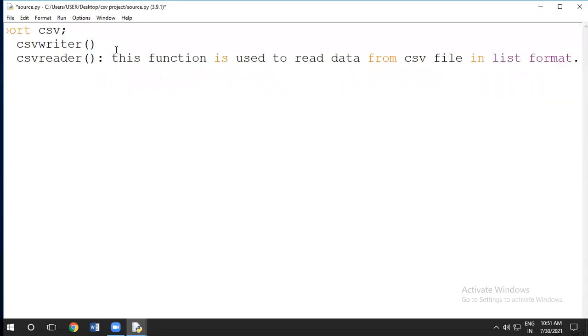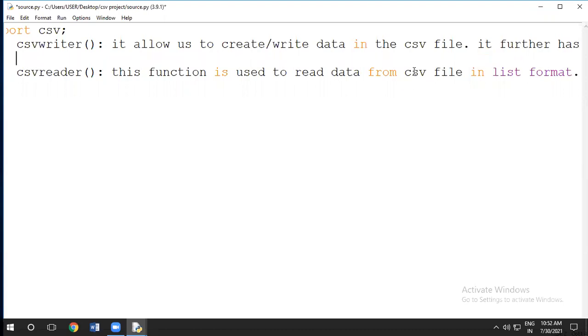Now the CSV writer allows us to create or write data in the CSV file. It further has two functions.